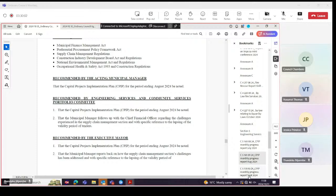Councillor Swart: Thank you, Speaker. I was going to second it, but I see it has been seconded already. I just want to take note of recommendation 2. The report talks about inefficiencies and things that didn't happen, and we need to address it, because that speaks exactly to what the chairperson